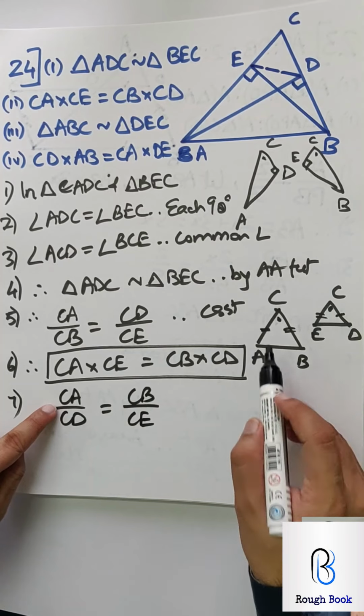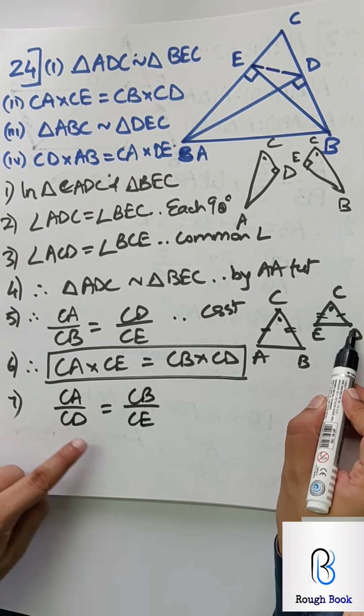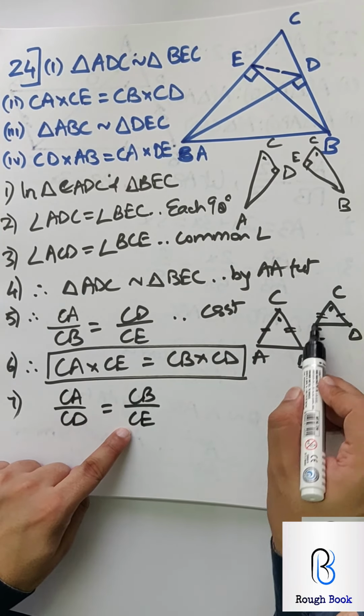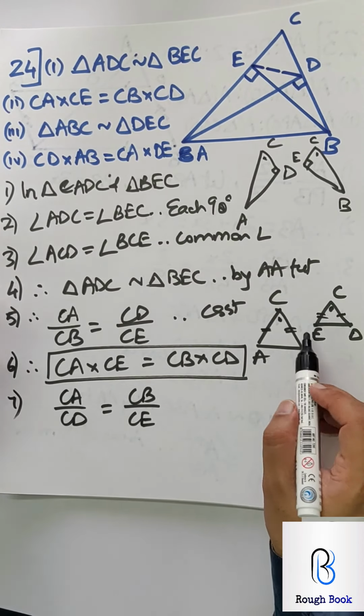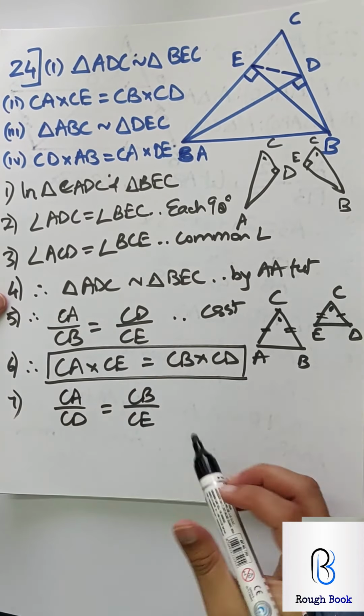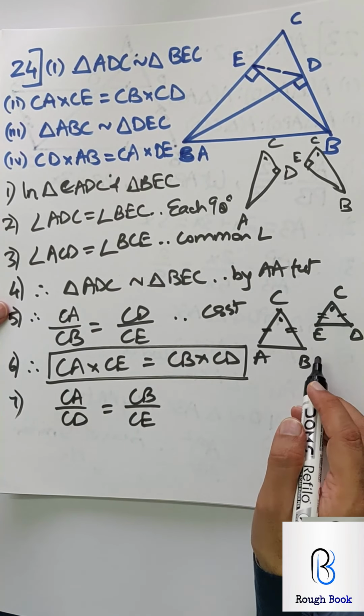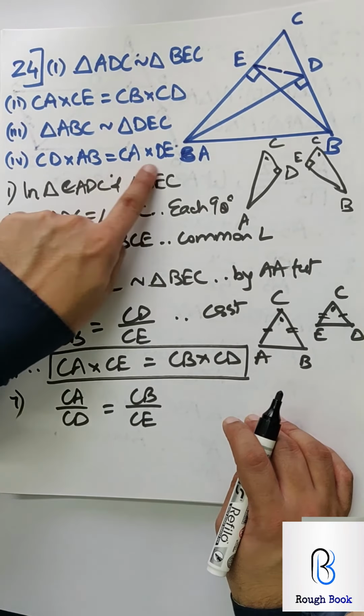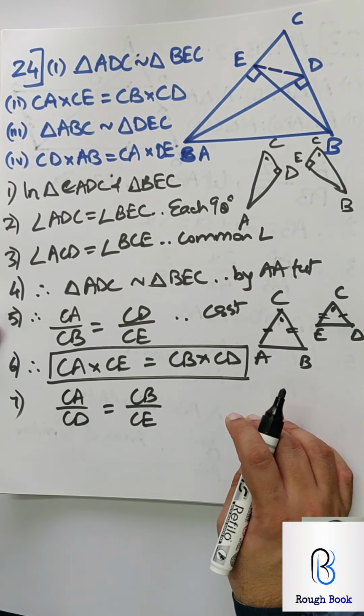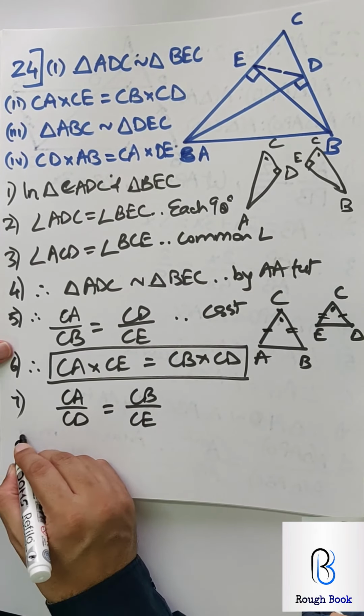Now see, CA upon CD, CB upon CE. So you got two sides straight away. Common angle, triangles are similar by SAS test. Can you now write the two triangles by similarity SAS test, and then this is going to follow by CSST. So you will get it. Come on, write on your own.